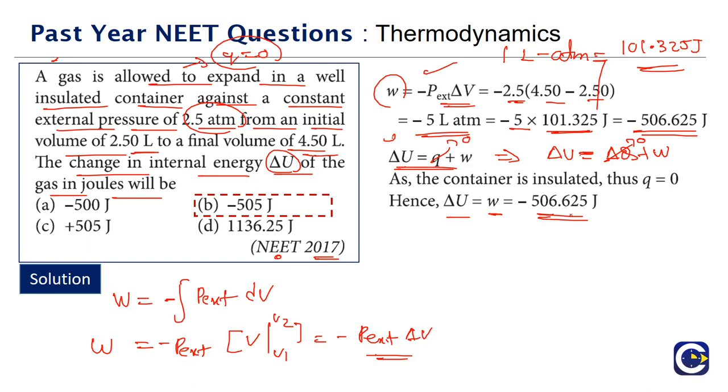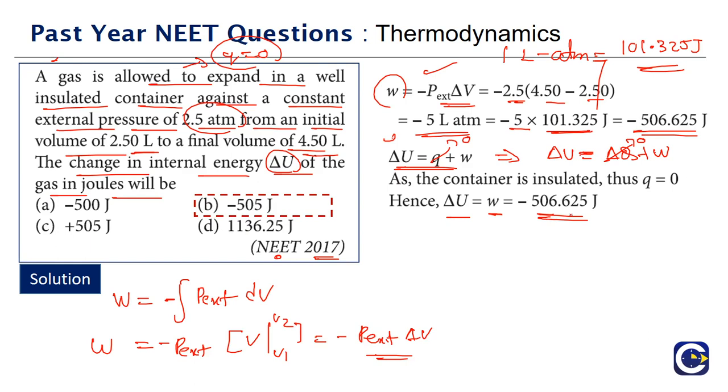So here the sign value also will be important, because here W negative indicates what? There is an internal energy loss. W positive will represent the gain in the internal energy or increase in the internal energy. W negative means it represents loss in internal energy or the decrease in the internal energy.